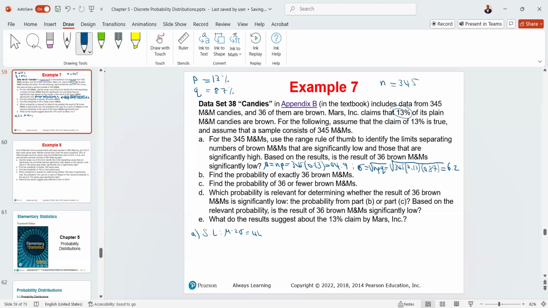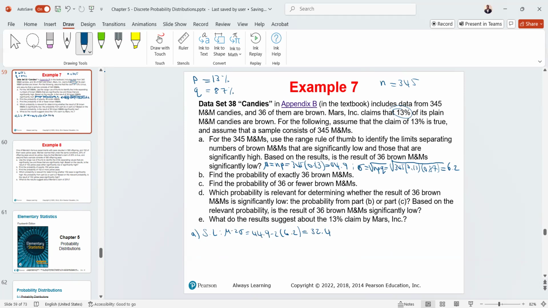That means 44.9 minus 2 times 6.2, because we need to use the rule of thumb to do that. When you subtract it that way, you find